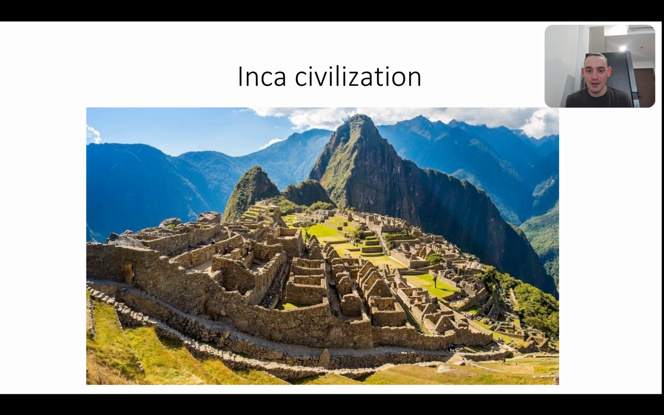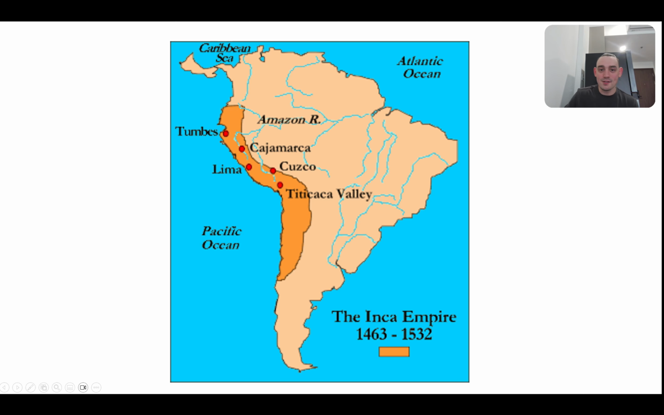As you can see right here, this is an actual Inca site, right? It used to be an Inca city, and it's up in the mountains. Let's go. So the Inca Empire is literally here. This is the Andean Mountains, guys. So literally 90% of their territory lies in the mountainous areas, which has made the conquest